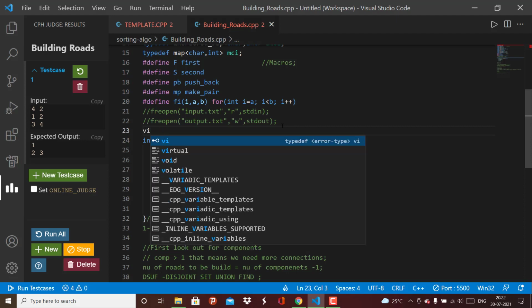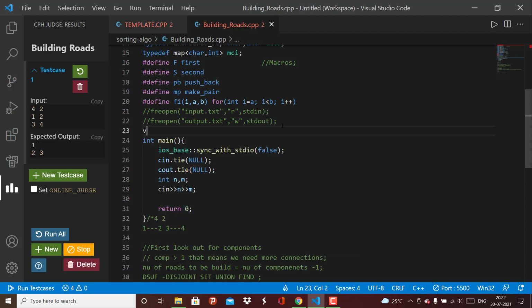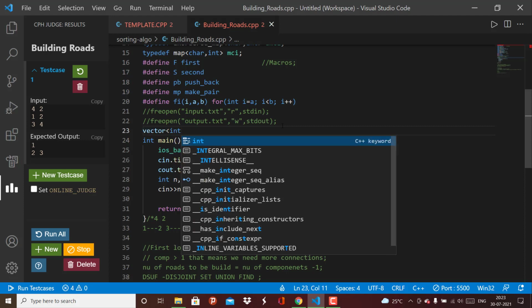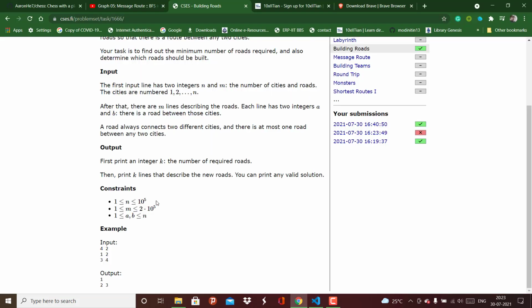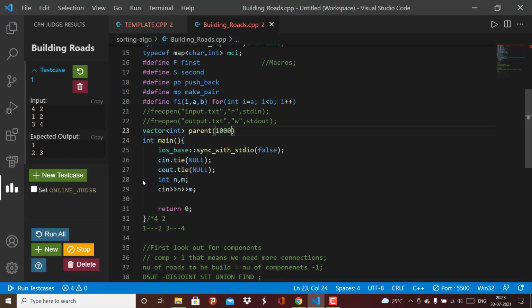It will be vector int of size, as we have 10 power 5, we'll just make it greater than 5, and let's put the value as -1 because everyone is their own parent. At this point we don't have any link formed. After this condition,